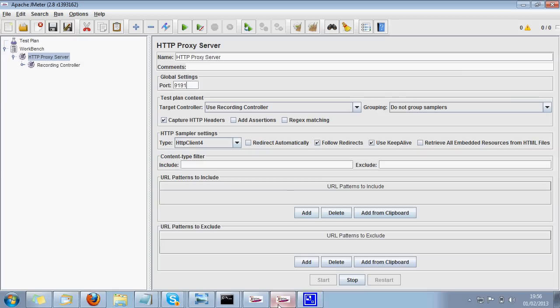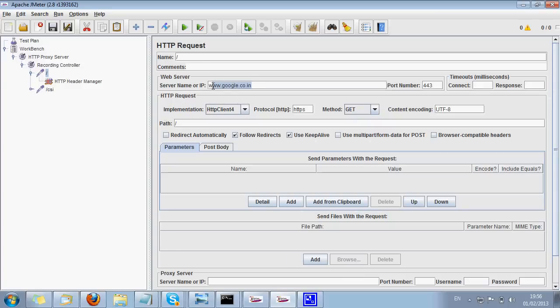It should be recorded as the port number is 9191. It should be recorded under this. Okay, now we have used two proxy settings under a single browser, which we can't do with only a single browser.